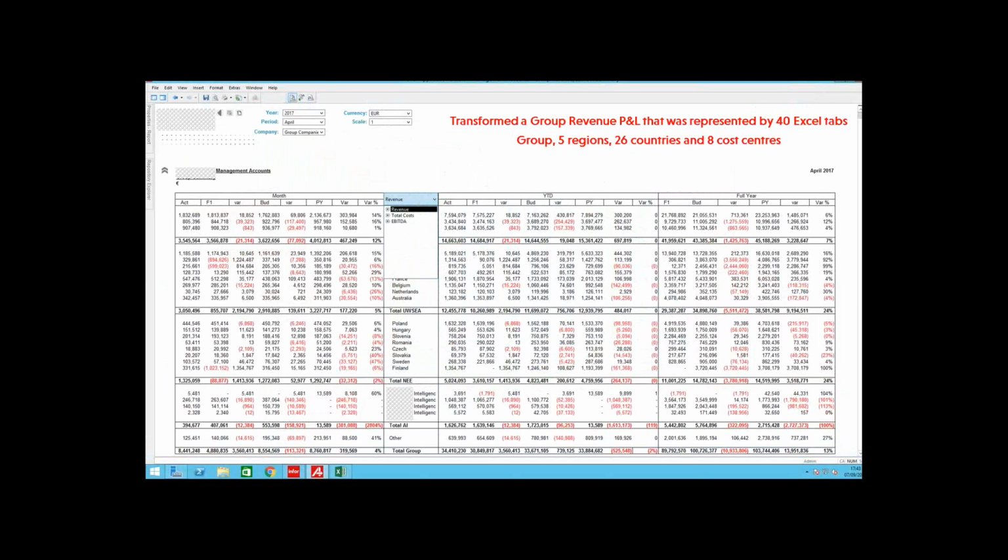Now, what that means and what we've experienced is that, for example, a customer here had an Excel spreadsheet with 40 tabs because they wanted to look at group, which consolidated up from 5 regions that came up from 26 countries that had 8 cost centers within it. So we converted that particular spreadsheet into this one report, and by use of the dimensions, you'll see that I've